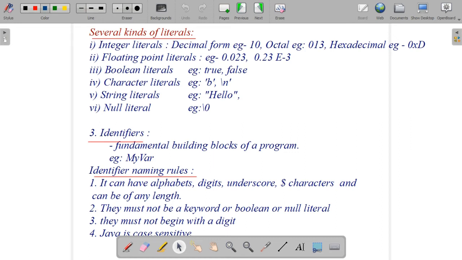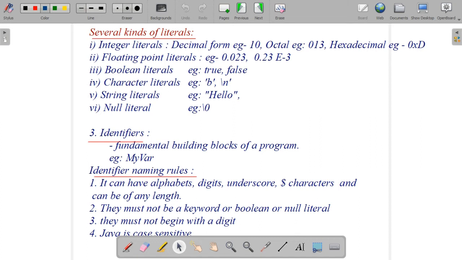The next one is hexadecimal integer literal. Hexadecimal means it starts with 0x. Hex is indicated by a small letter or capital letter X. So we can write 0x followed by characters also, 0x5, 0xc, different characters we can write, because hexadecimal means totally 16 values will be there. So these are the three types of integer literals.